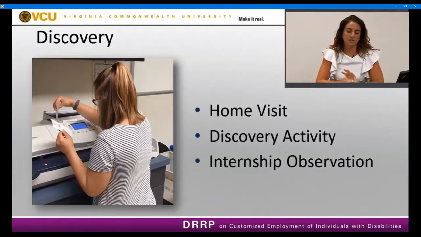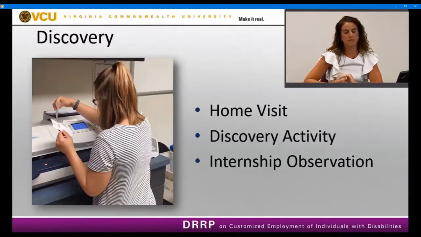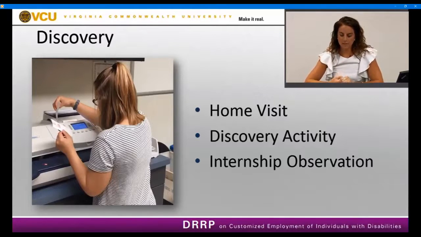And the next thing we did was we wanted to get to know each other a little bit more, so we went into our discovery activity. With our discovery activity, the very first thing we did was we went to a smoothie shop. I remember at my home visit with Sarah, her mom told me that was her absolutely favorite thing. And if we wanted to get to know each other a little bit more and have her tell me a little bit more about herself, was to go to a smoothie shop and just kind of sit with her, play games. We observed them getting some of the smoothies put together, and I really got to know Sarah a lot more.